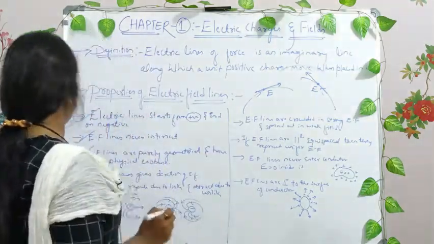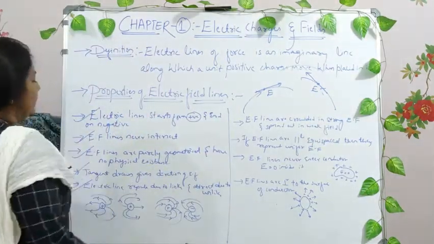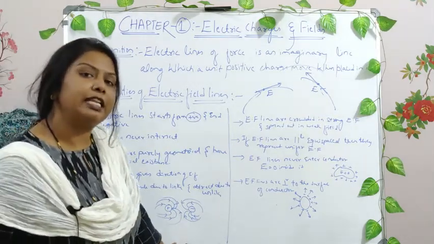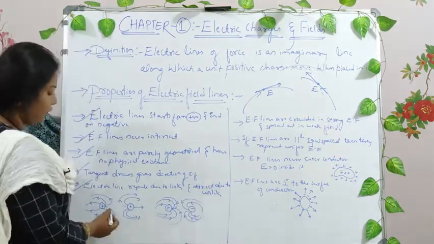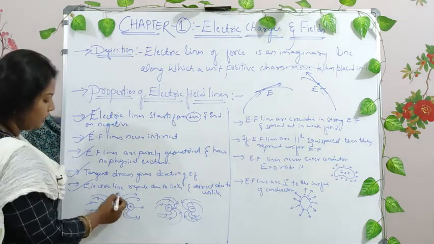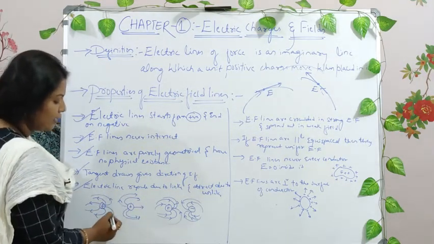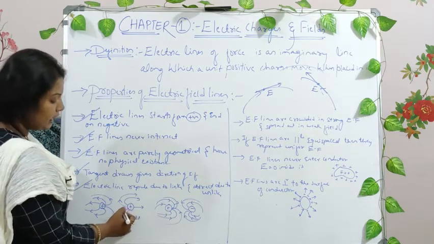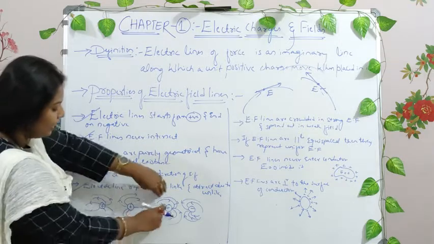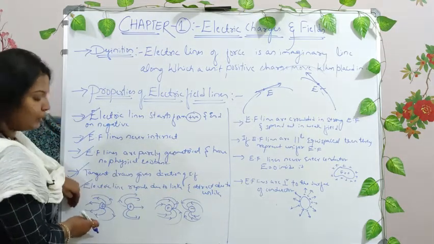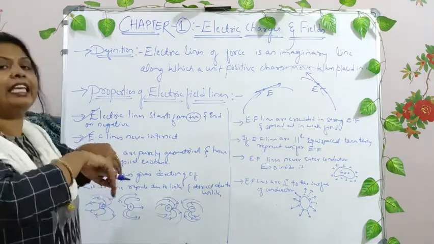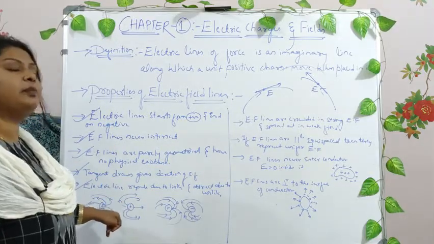This is the next property. Electric field lines repel when there are like charges and attract when there are unlike charges, right? Say, for example, you have kept both positive charges. Any electric field lines that are developed in between these two charges are repelling from one another, right? This is going apart, this is going apart, right? Both the field lines are moving apart, repelling each other due to the presence of the